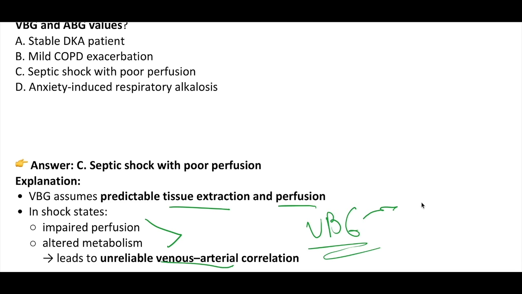And if you get a significant finding on the VBG, before you make any huge decisions, often clarify